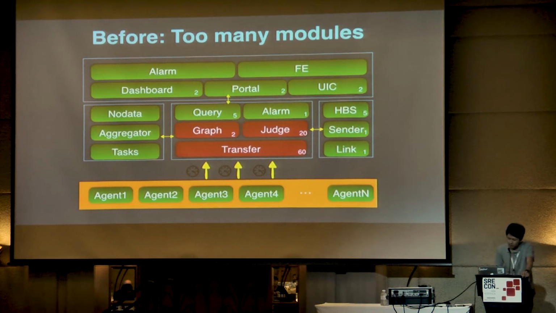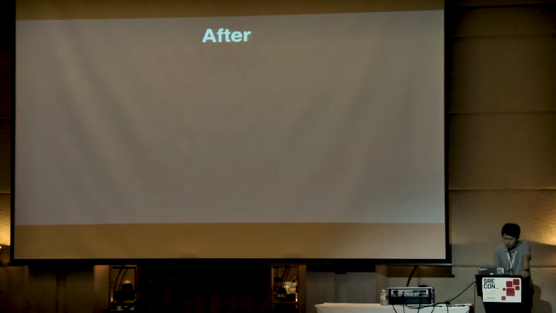From this slide, you can see a lot of modules in the figure. It's Open-Falcon version 0.1. It's easier to extend, but annoying to maintain multiple repositories. So in version 2, we further integrated the modules to simplify the architecture, and the system is finally divided into